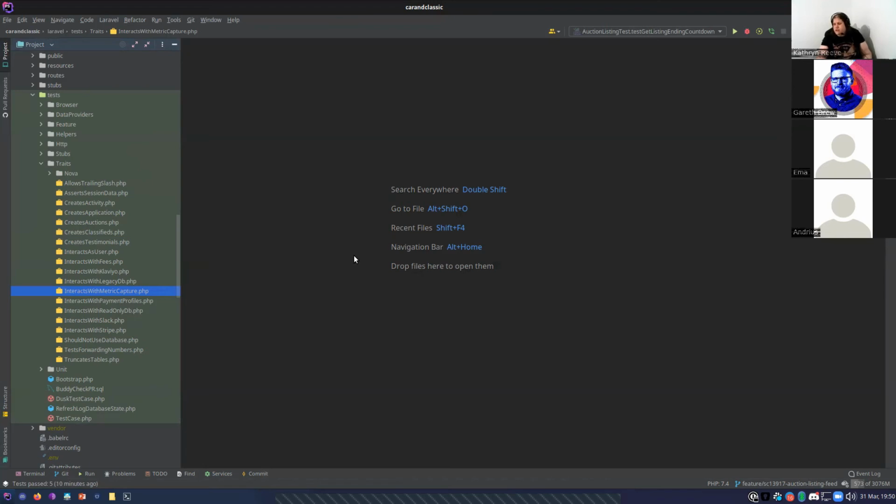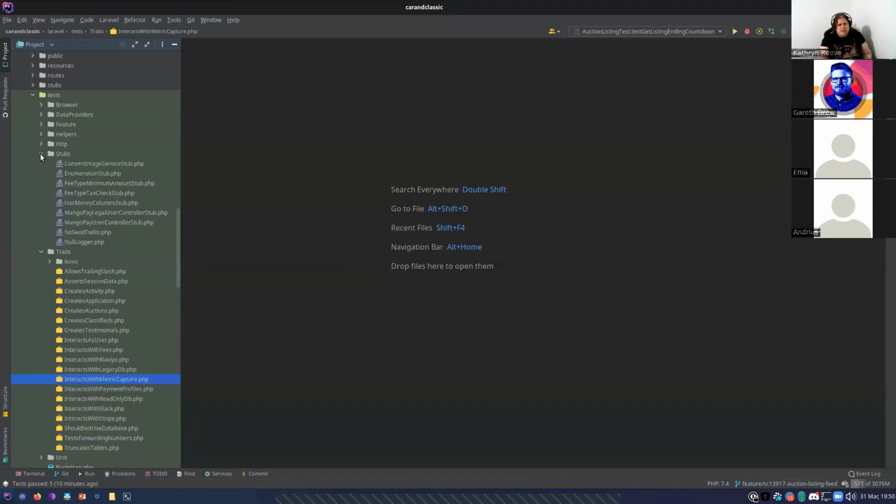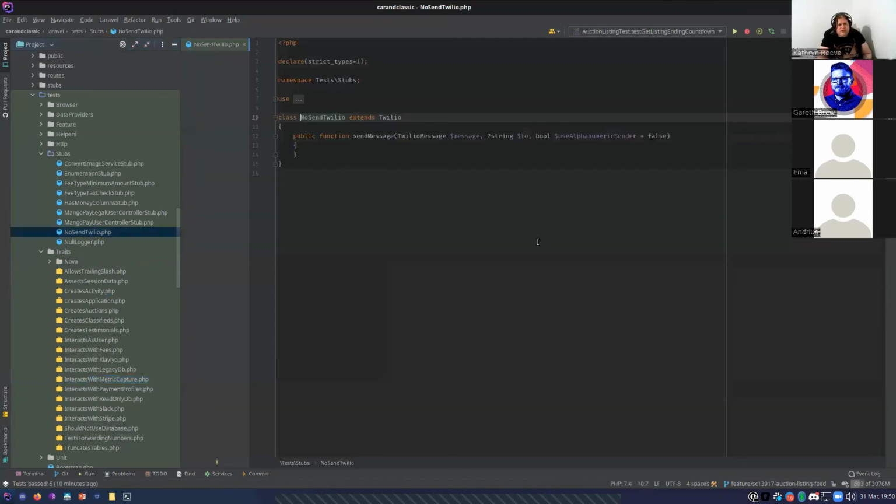which may have slowdowns beyond your control, like APIs, if you're querying a third party or another company's API, and their AWS goes down or something else happens, then it will slow your tests down quite a lot. So if you can mock those or even substitute them with what's called a stub. So we have one here called NoSendTwilio, which basically just extends the Twilio transport. So we don't